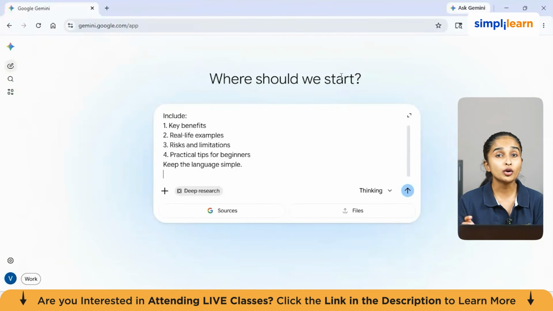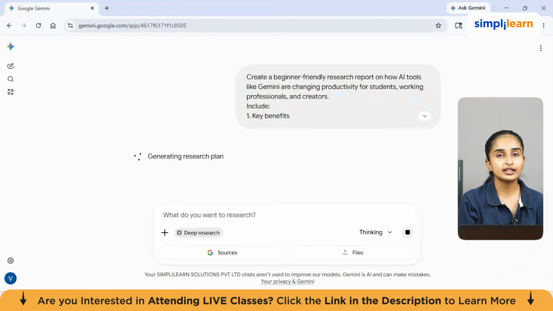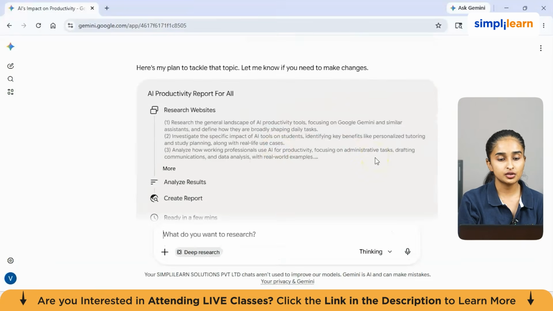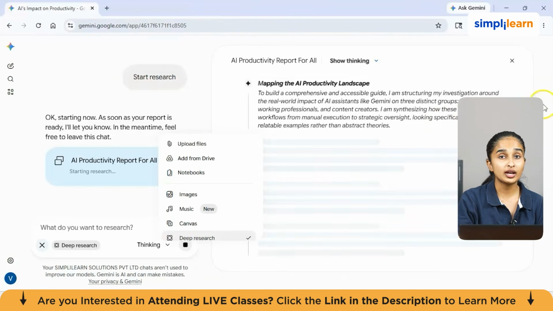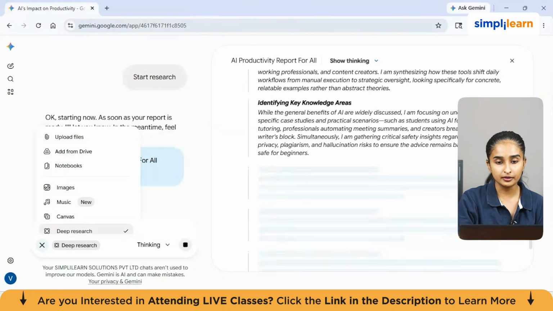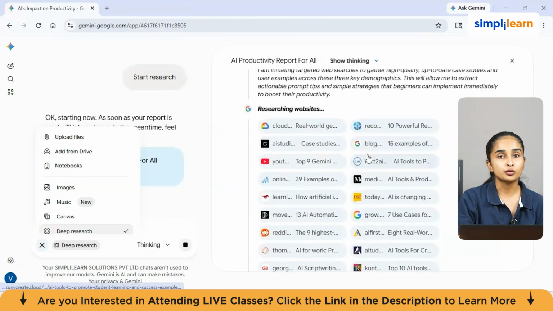But remember, for important topics like health, finance, law, exams, or business decisions, always verify the final information from trusted sources. So I'll go ahead and run the prompt. So as you can see, it's generating a research plan here. So here we have a detailed report which has been generated. So we have a separate board which has been opened up here, and this has a detailed report for the